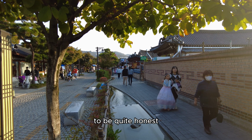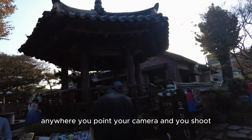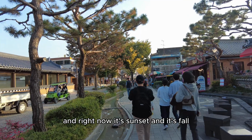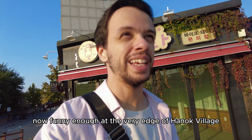To be quite honest, Hanok Village I think is one of the most photogenic places in Korea. Anywhere you point your camera and you shoot, you're always gonna get a really good shot. And right now it's sunset and it's fall, so that just makes it that much easier. Now, funny enough, at the very edge of